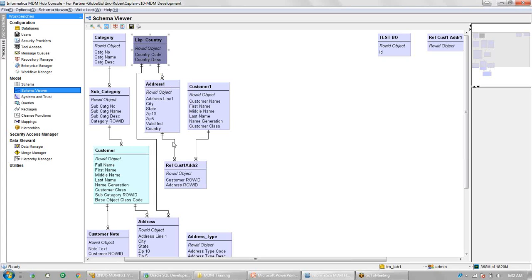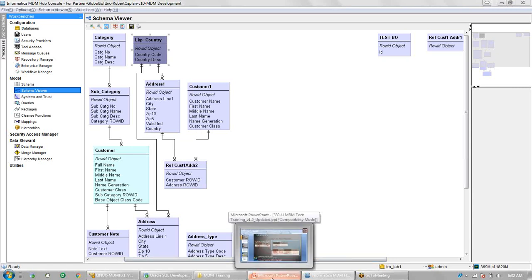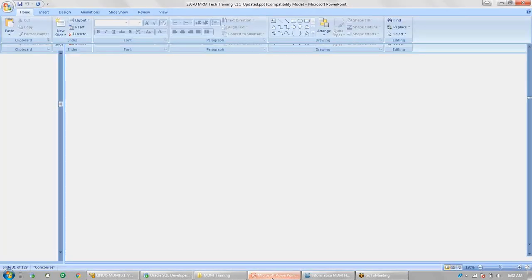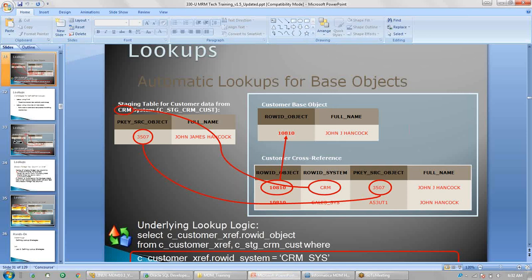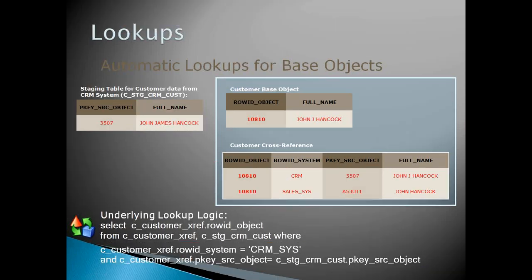So now today we'll be looking into the lookup process, basically how the lookup process happens, and then we'll go and create the other required tables and load the data in these tables. First, the lookup process that we'll be seeing is the internal lookup process, which we had discussed when we talked about the cross-reference table.